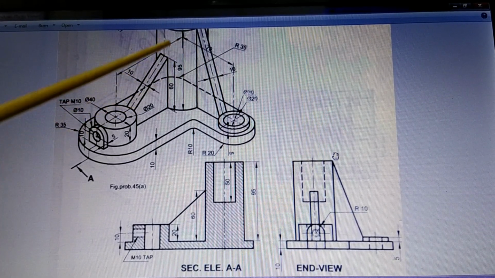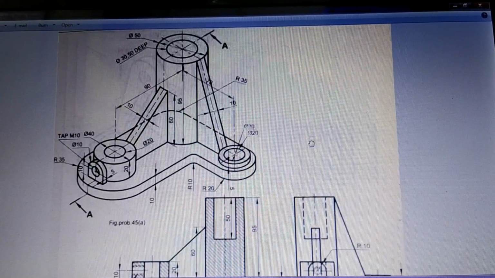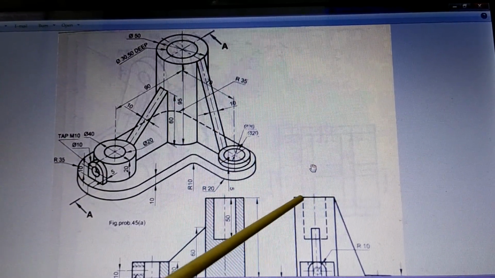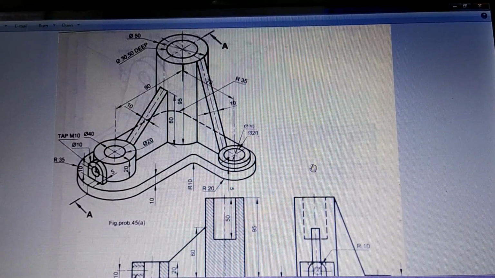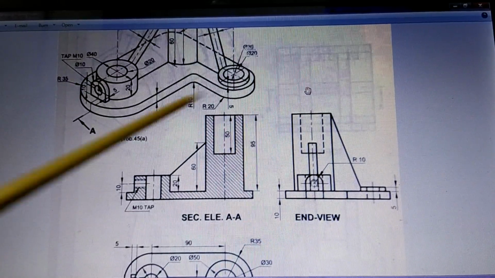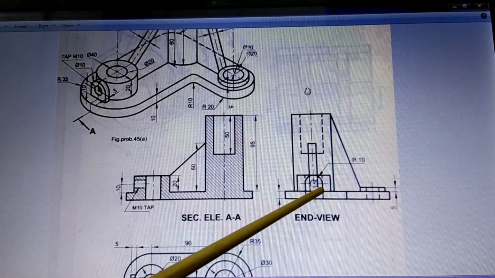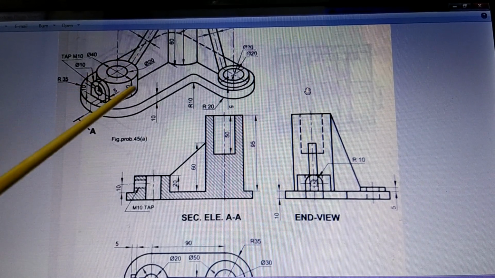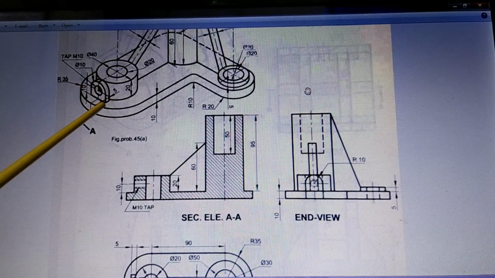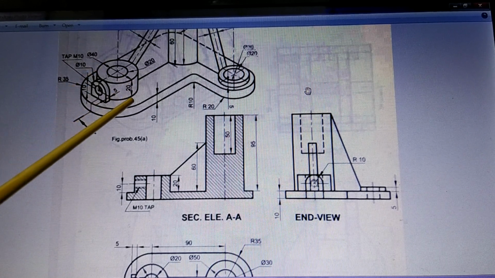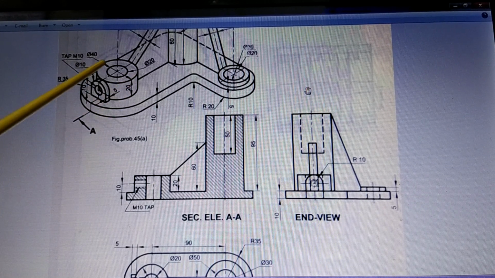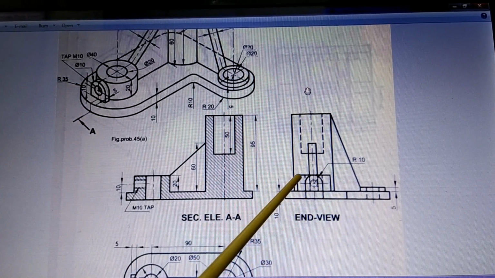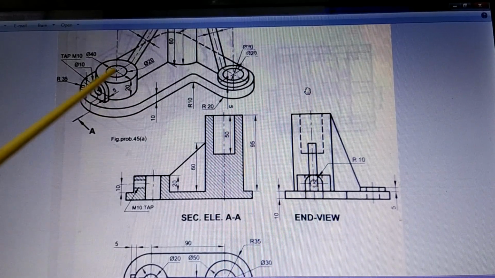Then inside the cylinder there is a hole which we have just now seen. It has got a depth of 50 mm, diameter 30. So here this is a hole of diameter 30 and depth is 50. So that is what is drawn with a dotted line. This is not through. Okay, so we have drawn till here. Then is the rib, and after that in front of that is this pipe. So this pipe you are going to draw as a rectangle of size, height is 20 and this is 40. So 40 by 20 rectangle will come. So this rectangle represents this pipe.